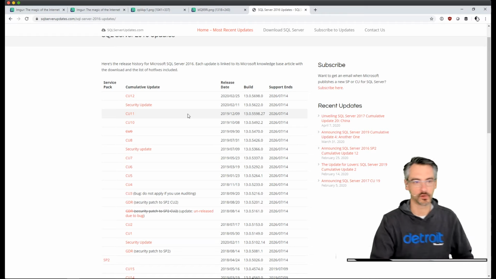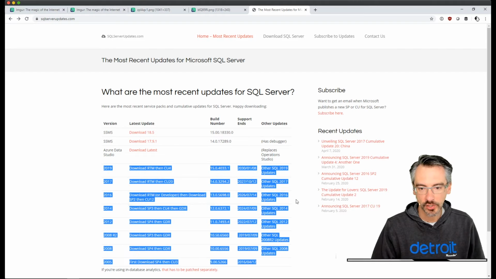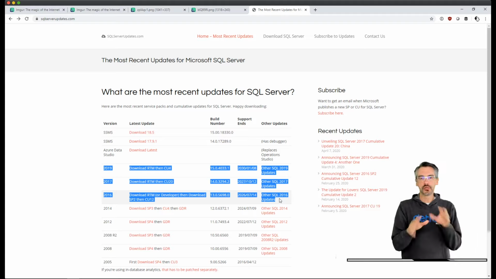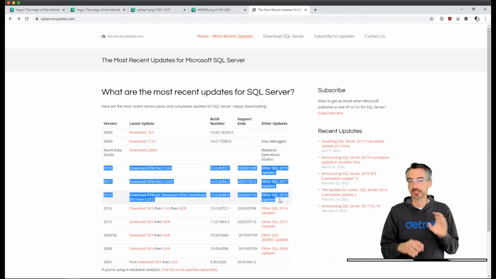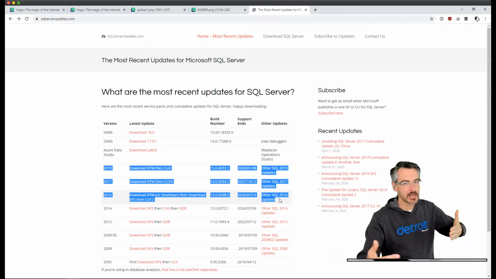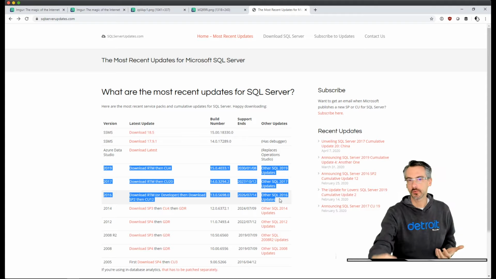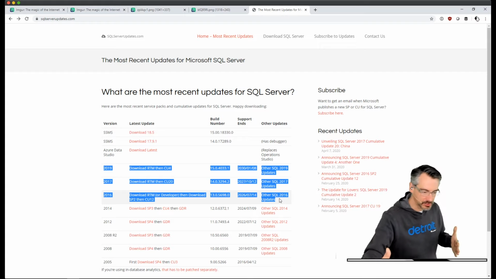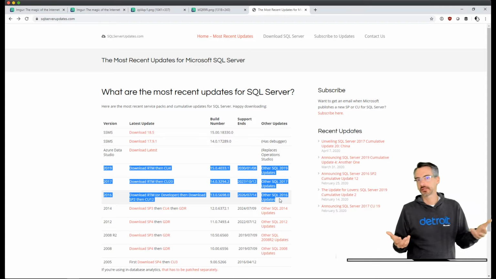So on current versions, and I'm going to pop back out and show you what I mean by current versions. On current versions, say 2019 to 2016, you're usually talking about a patch coming out around every 60 days. Sometimes it's 20 some days, sometimes it's 90 days, depending on which one of these it is. Generally, the newer version of SQL Server you're on, the faster that the patches drop. Then, as the thing gets older, like 2014, 2012, patches don't come out that frequently.